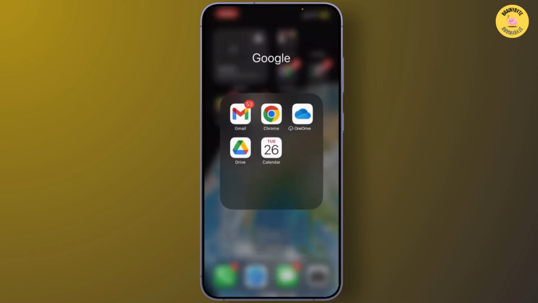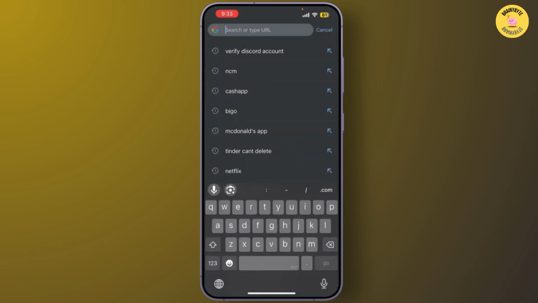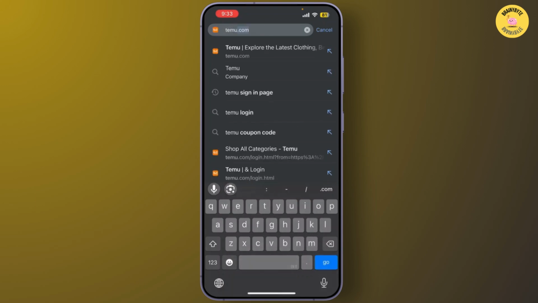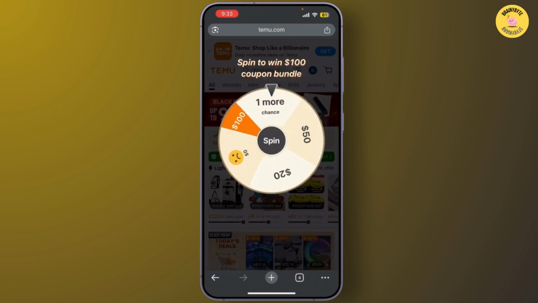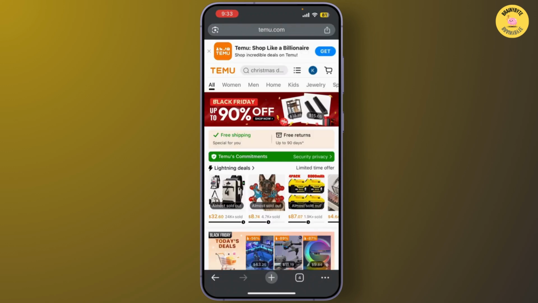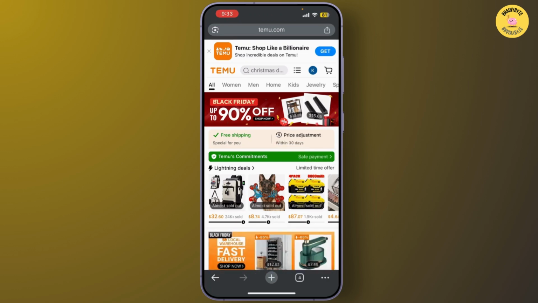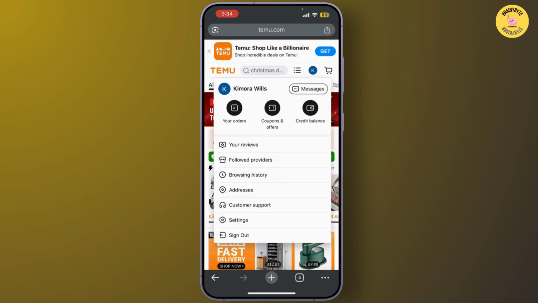First things first, open your device and open Chrome or open the TEMU app itself. Go to temu.com. Now, once you're on the TEMU homepage, you'll need to locate the login button, which is usually at the top right corner. As you can see,